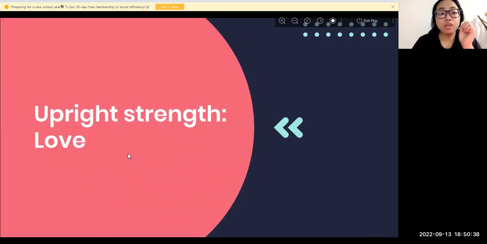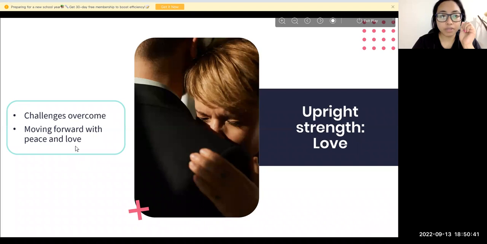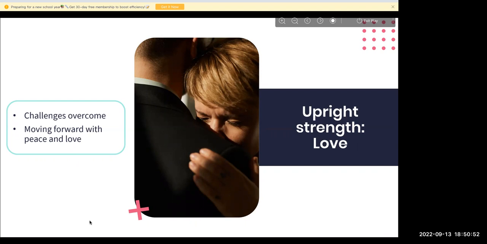Now when it comes to love reading, if this card is coming, it simply means that there are challenges between you and your partner, or in finding love in your life. Whatever challenges you are facing or going through, you will be able to overcome them because of your own inner power, the belief in yourself, and the courage that you have, that yes, I can overcome whatever is happening. So you are definitely moving forward with peace and love in this relationship, and you have the power to do that.